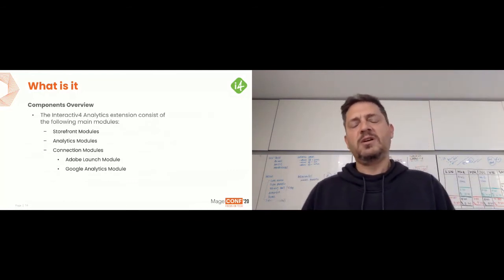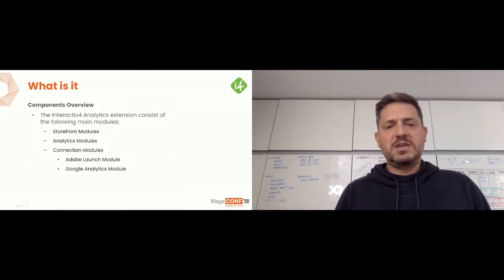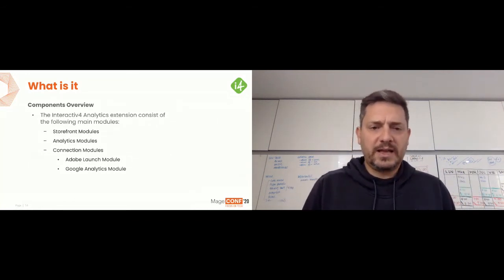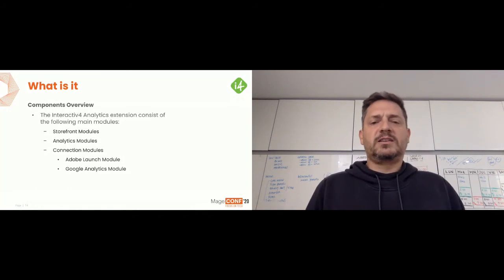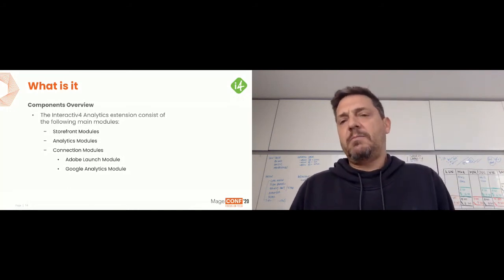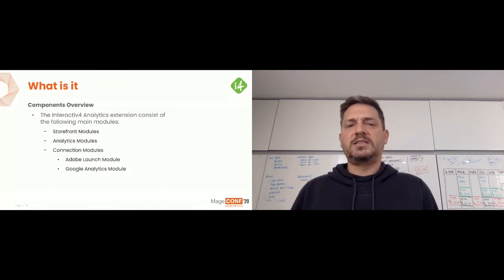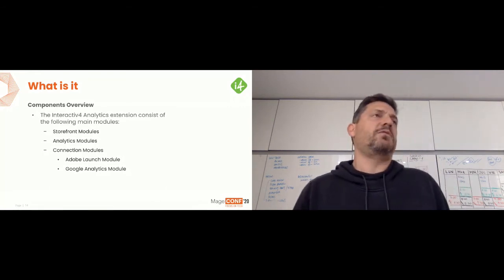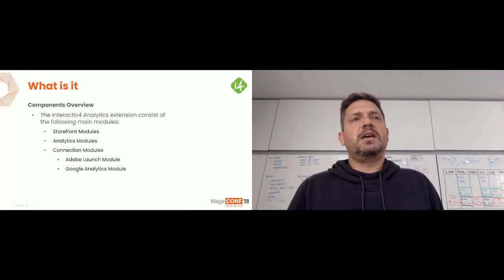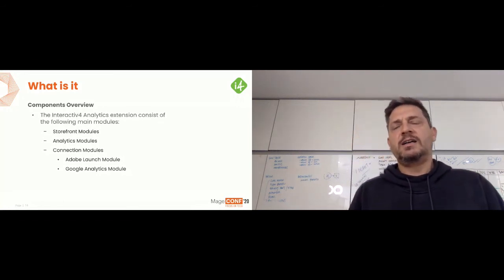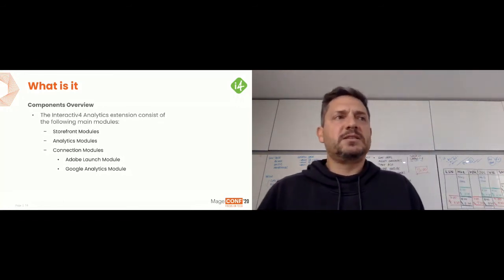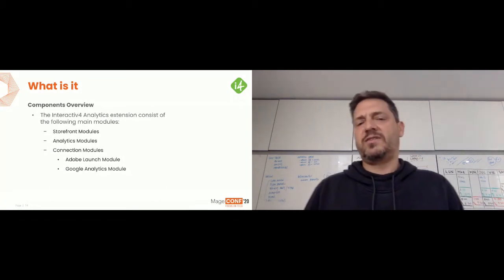In the pipeline, we will have the Google Analytics module, but it can be extensible for anything that you can track in the page and then push this information, maybe for making a personalization service with third-party software or whatever is needed, okay?